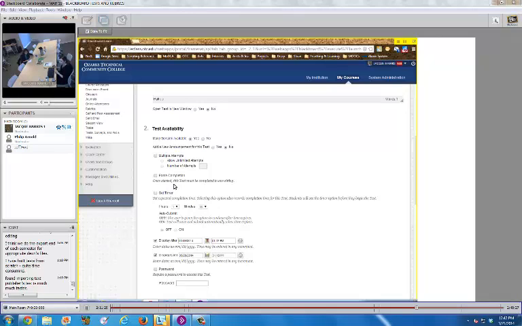Force completion is an option that a lot of instructors like to use because that means students can't get into the test and then go out of the test and do something else and come back to it. However, if they lose connection to their internet or get knocked out of the test for some reason, they're not going to be able to get back in it. So you'll have to reset it, and they'll lose all their work. It's kind of a catch-22. It's better to leave it off,